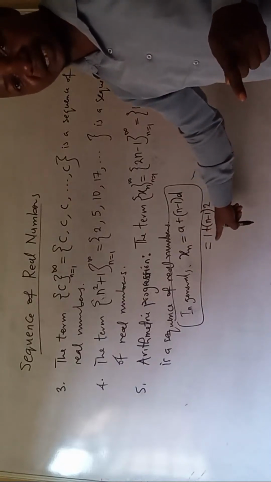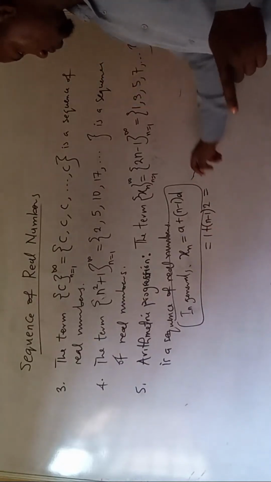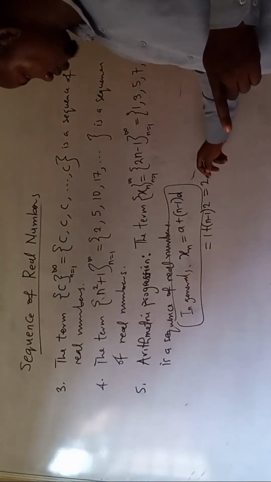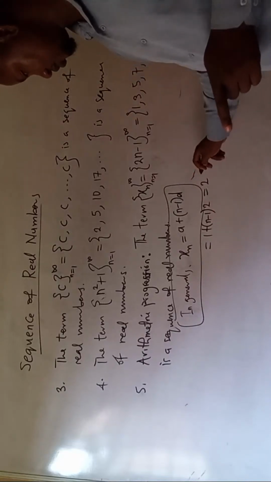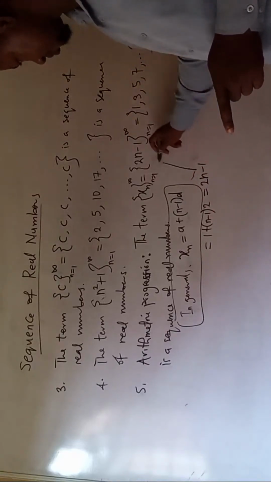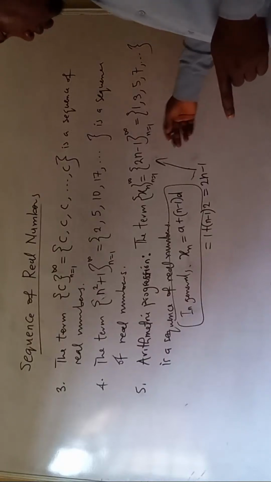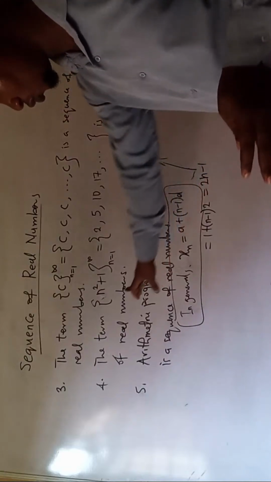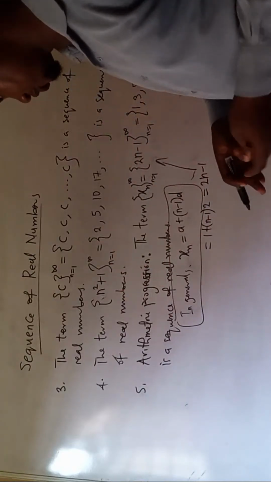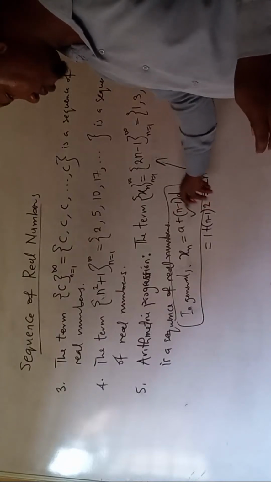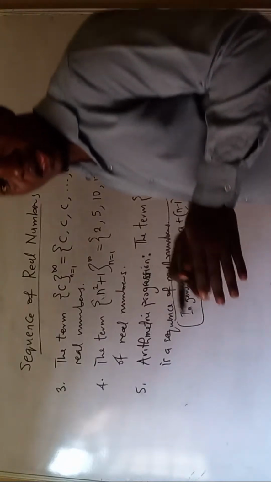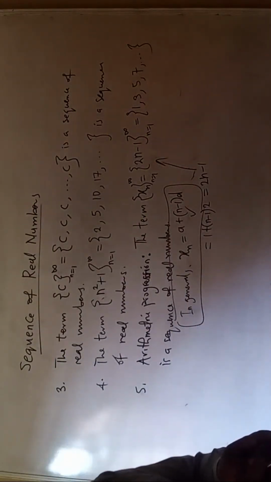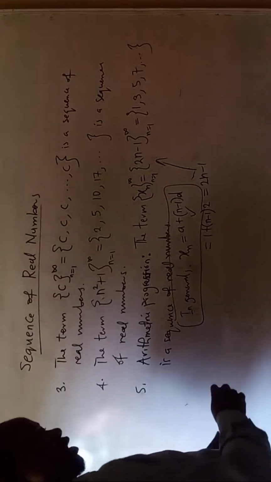That is, the constant difference is 2. The first member is 1. You will see that this is exactly this. Okay, so this is 2n. When you open the bracket, 2n, you get what we have here exactly. Okay, so to generate different types of sequences that follow from the arithmetic progression, one can obtain them using this formula. But what we are saying here is that this sequence is a sequence of real numbers.